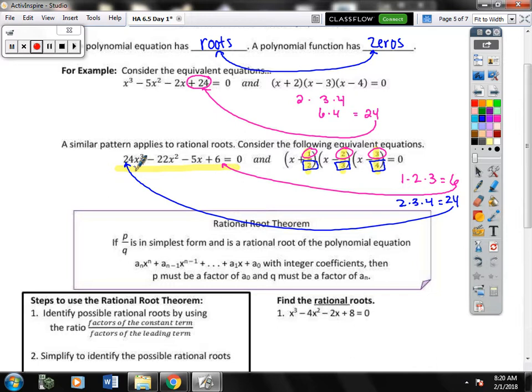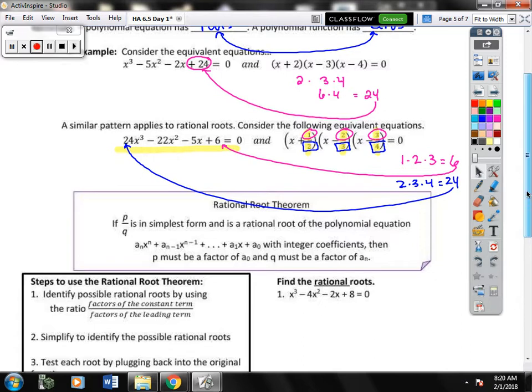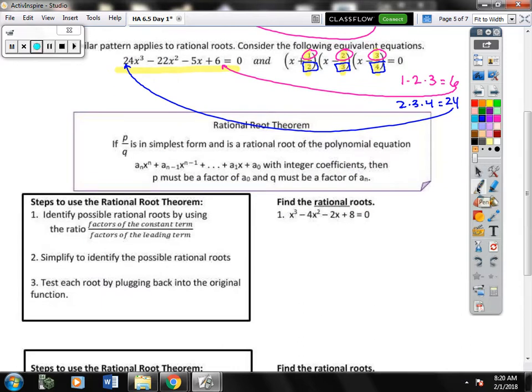The rational root theorem tells us that we can list all of the possible roots. We're going to list every number that could possibly be an answer using the fact that the numerator will always be factors of the constant term, the last term. The denominator will be factors of the leading term, which is our starting number. So that's what this says in a whole bunch of math jargon. So it says if p divided by q is in simplest form, so talking about something like this, and is a rational root, remember a root is also a 0, of the polynomial equation, again they give you some